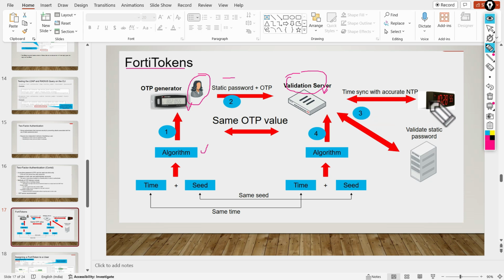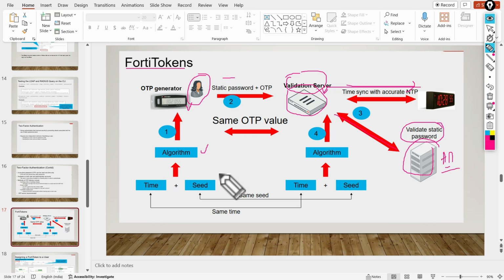In the previous slide I also confirmed that we need to sync time accurately with the validation server, meaning your FortiGate client should be synced with the NTP server. Here the static password could be validated by your AD, meaning Active Directory.